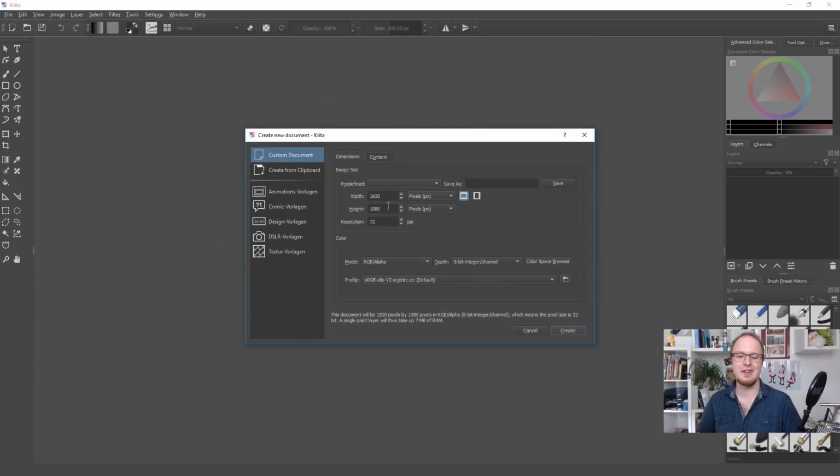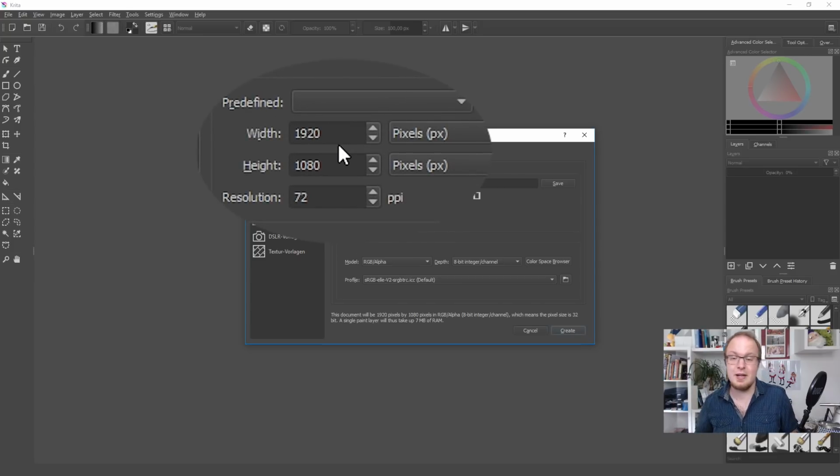A good size for any animation project really is 1920 pixels wide and 1080 pixels high, because this is the full HD video standard, the video standard that most televisions across the world use at the moment, and also many cinema resolutions are around this full HD resolution. Now this will change one day, we'll get 4K, but for now keep 1920 times 1080 in mind, and 72